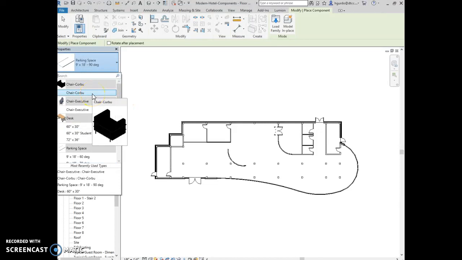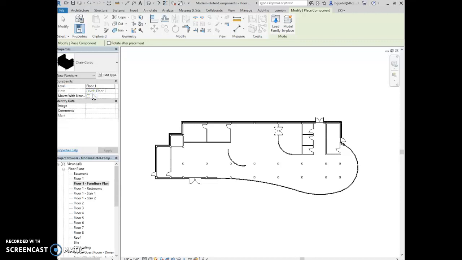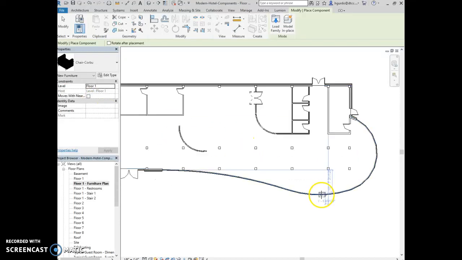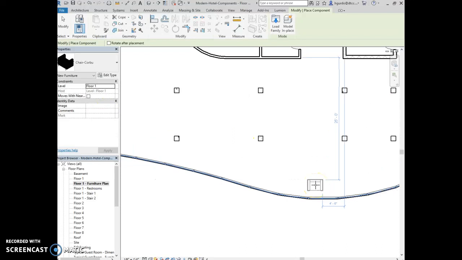We're going to select Chair Corbeau. This is after Le Corbusier, a famous architect. We're going to place it in the lobby area near the curved curtain walls, just like it shows in the image. To flip the chair around, we can hit the spacebar and it will rotate it. So we're going to place 2 chairs here,